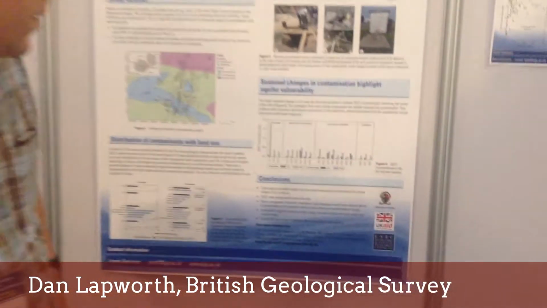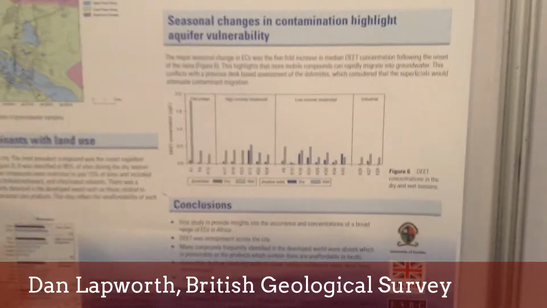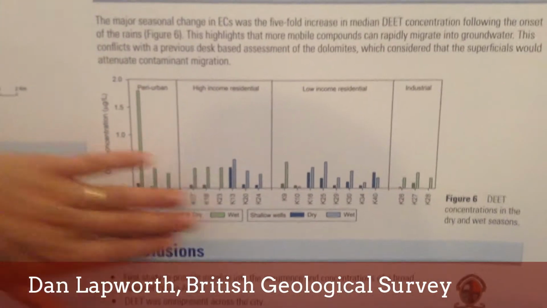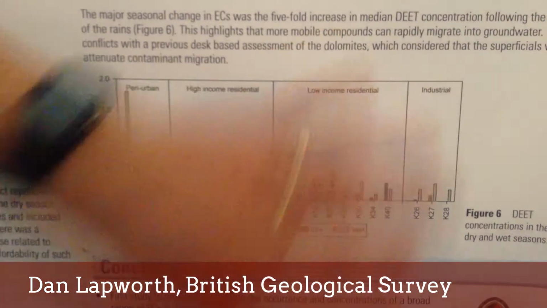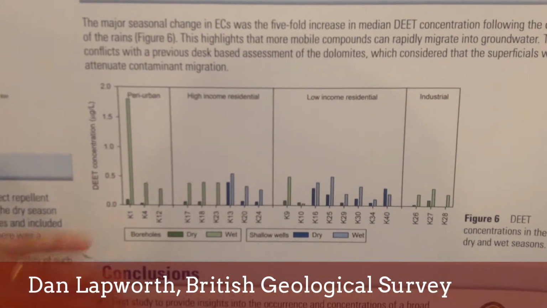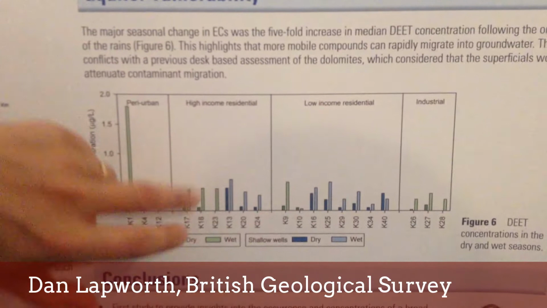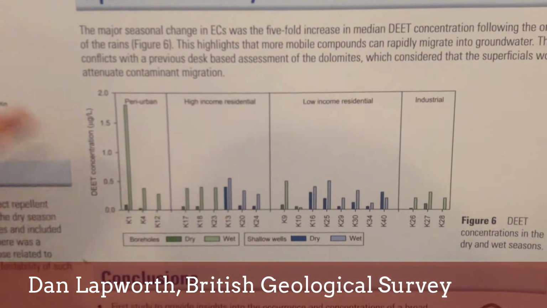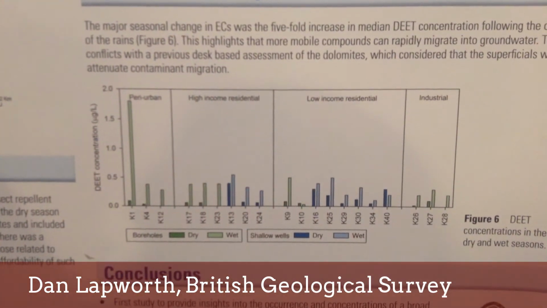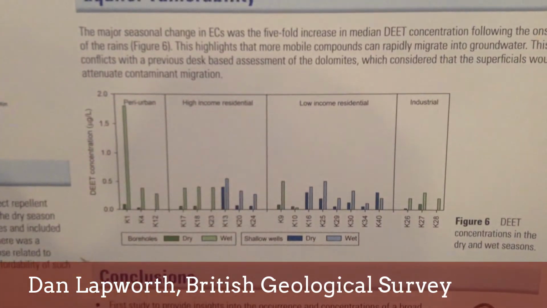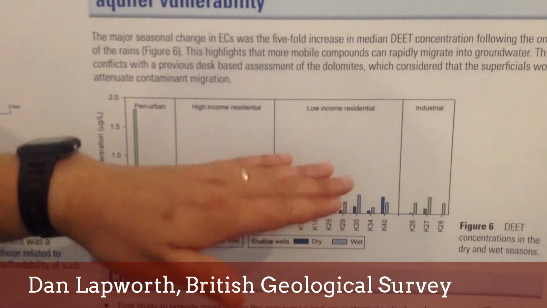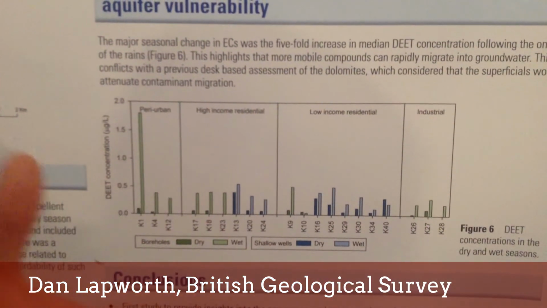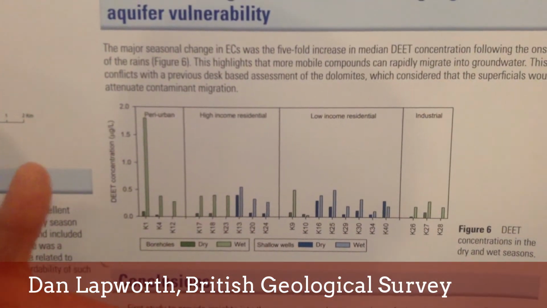If I draw your attention over to this plot here, this shows the distribution of this compound, this insecticide called DEET, within the different sampling areas, the low income area, high income area, and peri-urban. And again, this illustrates the point I made earlier, that this compound is quite widespread in the environment, and also we see almost universally an increase in loading, increase in contamination in the shallow groundwater system following the onset of